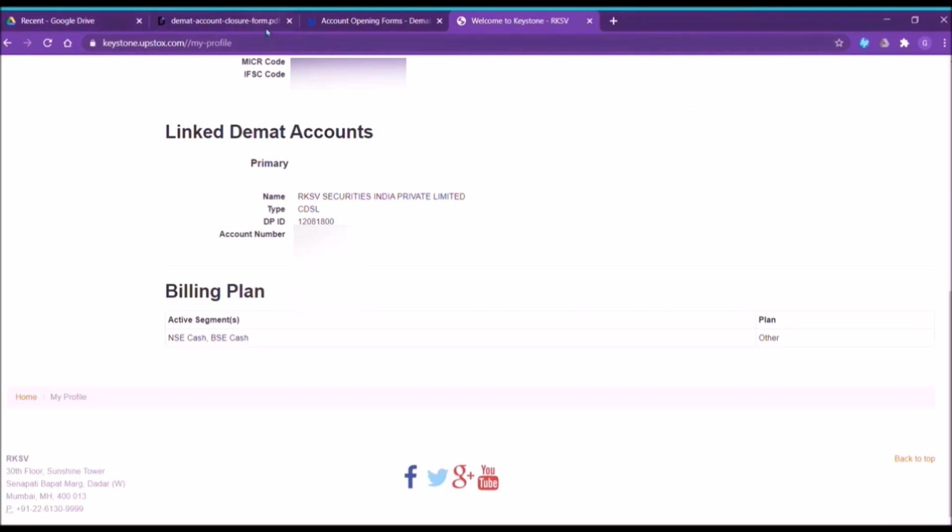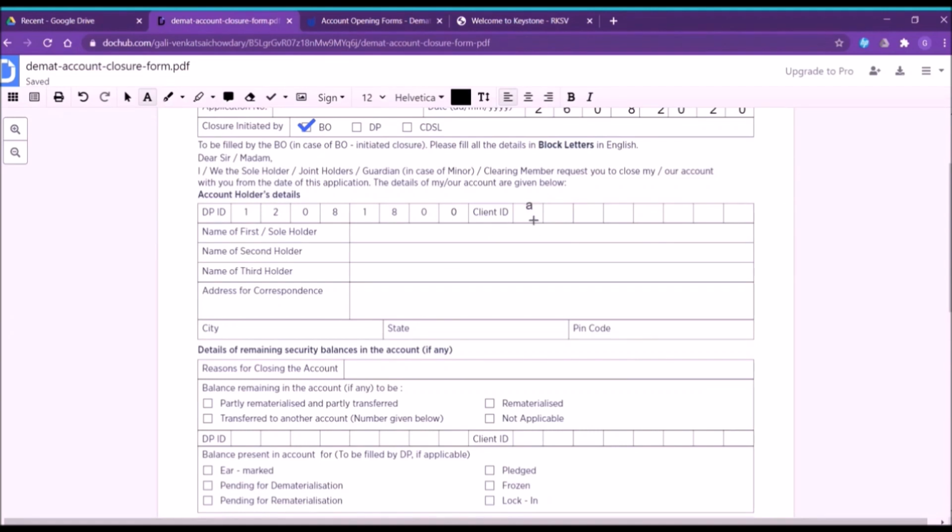After getting your client ID, just fill it in the form. You can see here name of the first or sole holder, name of the second holder, name of the third holder. If your account is a single account, a solo account, just give your account name.